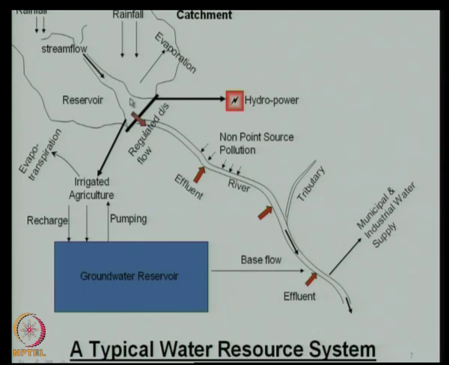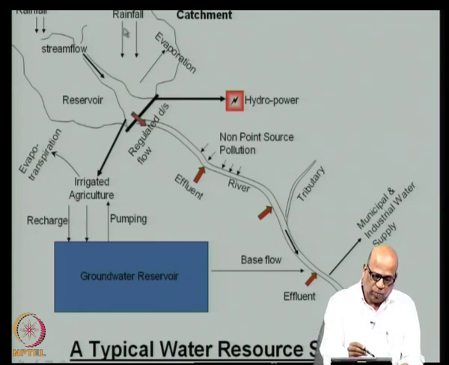The flow to the reservoir, at least in the Indian context, is mostly because of the rainfall, and the reservoir has a catchment area. By catchment area, we mean any rain that falls in this area contributes to the flow to the reservoir. So, there is a stream flow that enters the reservoir and then you have a dam here. The storage builds up as a result of the stream flow, and the stream flow is generated because of the rainfall in the catchment area.